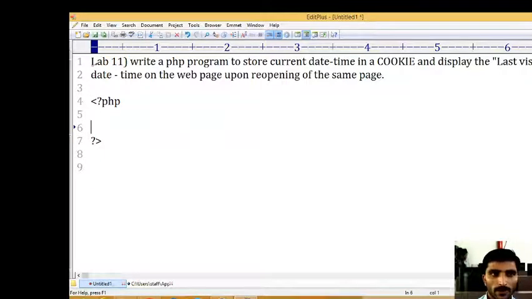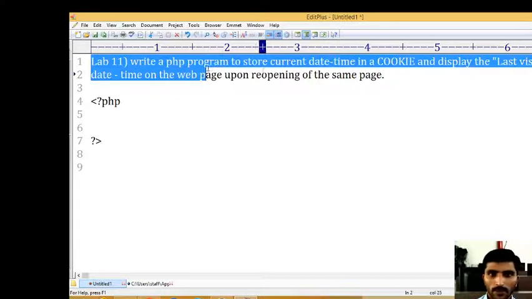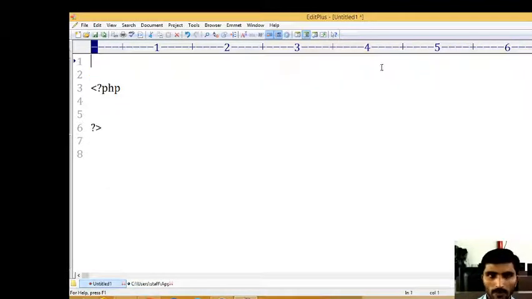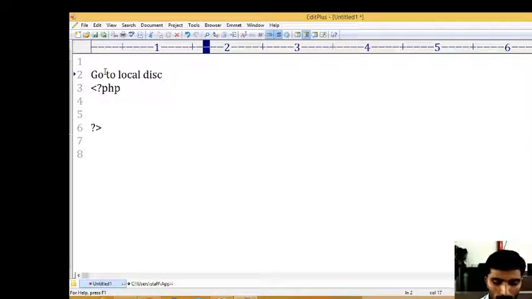Before writing this code, first I want to remove this one. Then before writing all the code, first you have to save this file. How to save and where, that is important. If you want to save this cookies program or PHP program, first go to Save in, go to local disk C. I already gave this information in the journal.